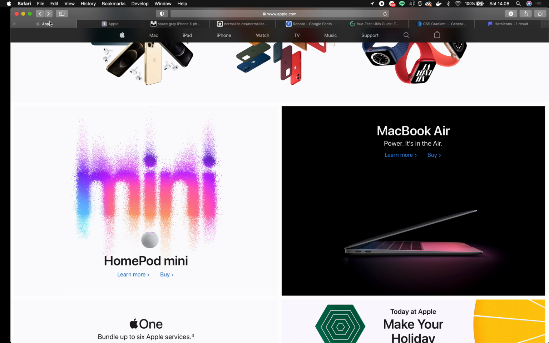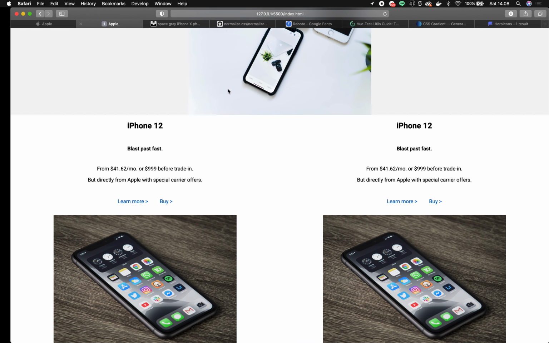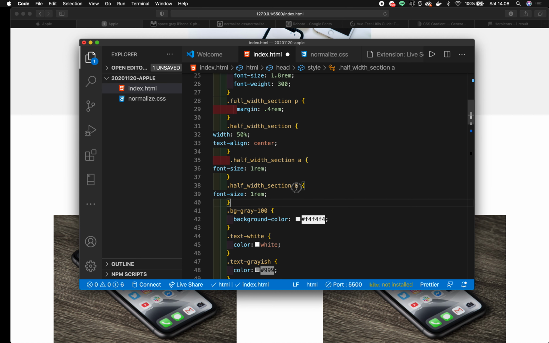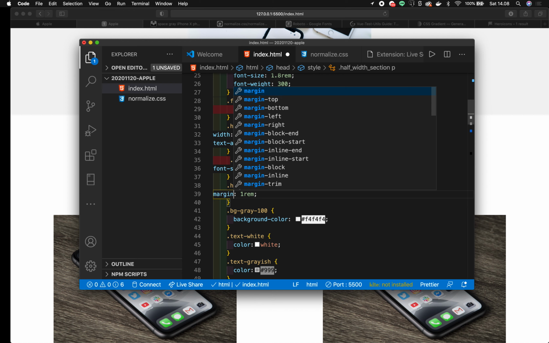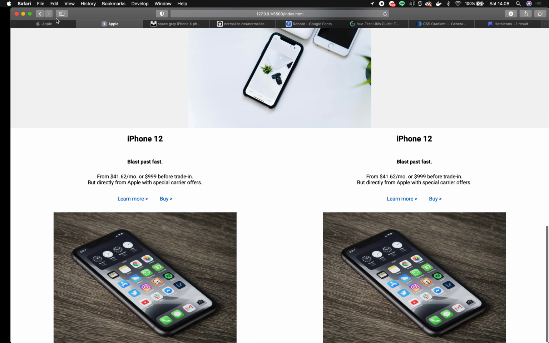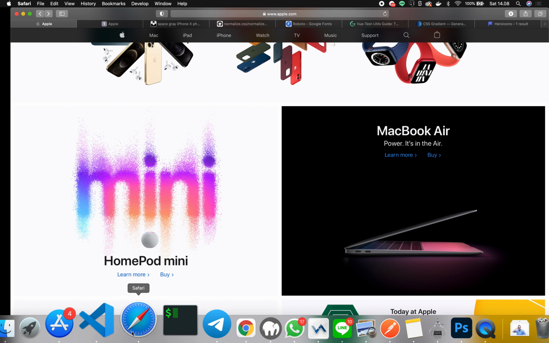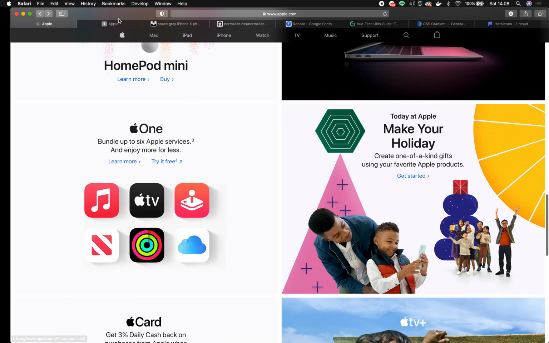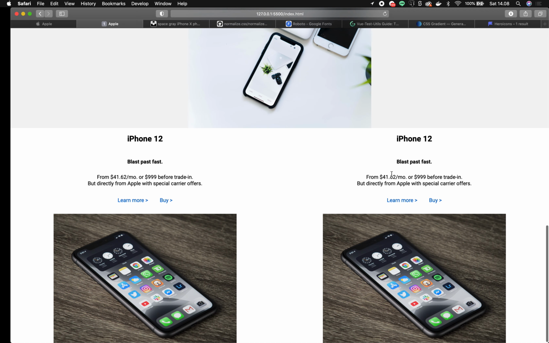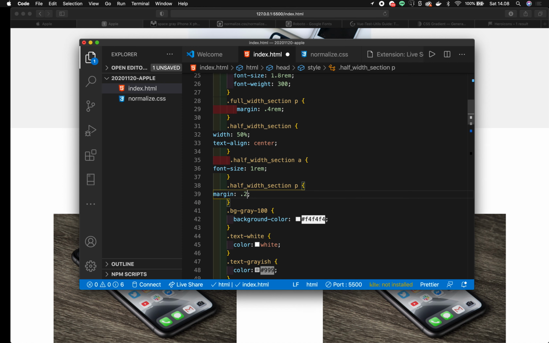Okay, I think it's good. And the margin has become too spacey for me, and for that I'm going to change the P margin to 0. I think not 0. Well, 0.1 rem, 0.2 I think, 0.2 rem,